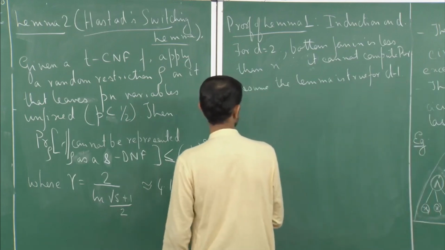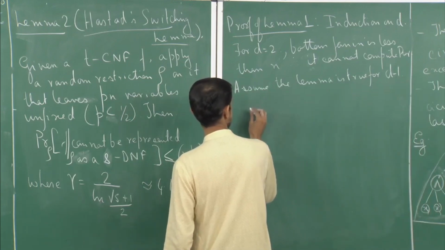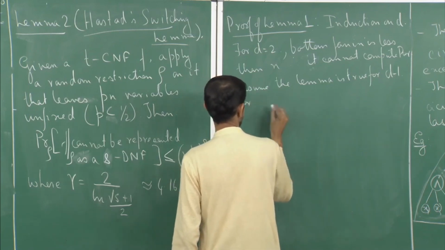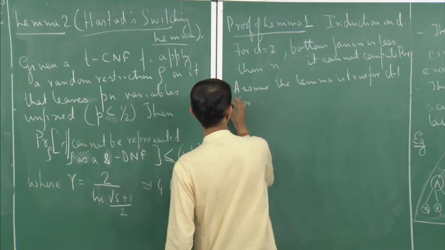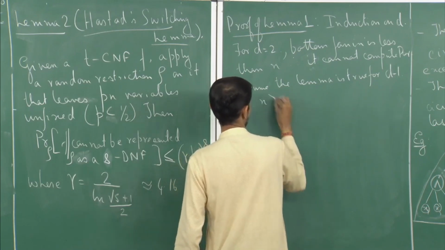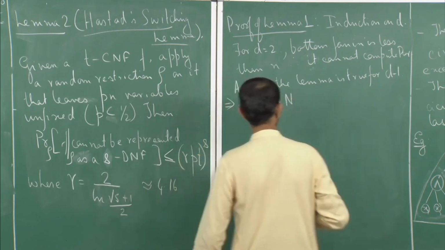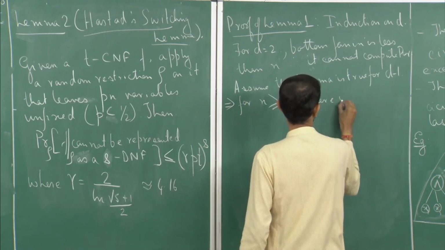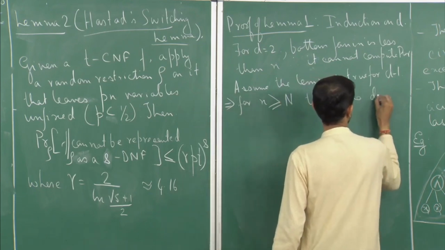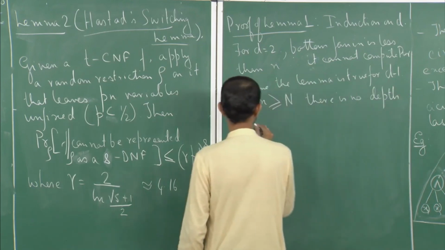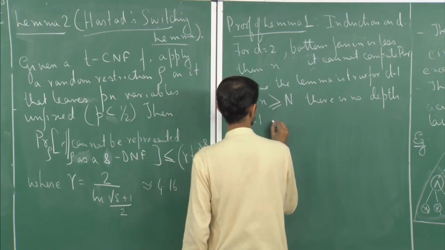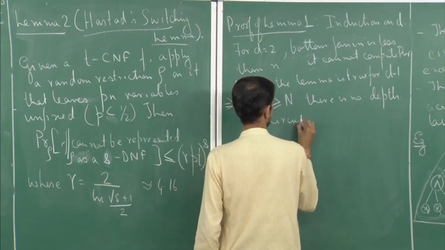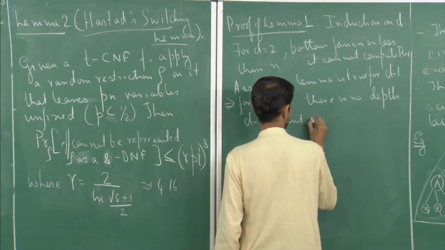That means that for n greater than or equal to some large number capital N, there is no depth D minus 1 circuit having